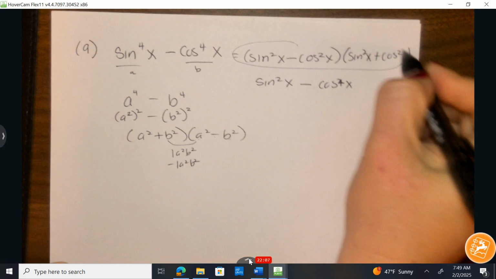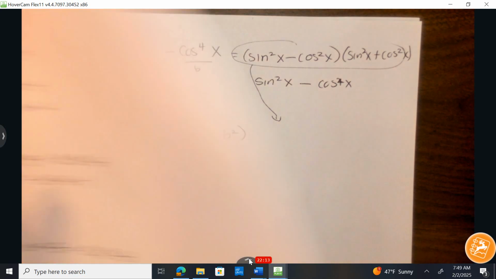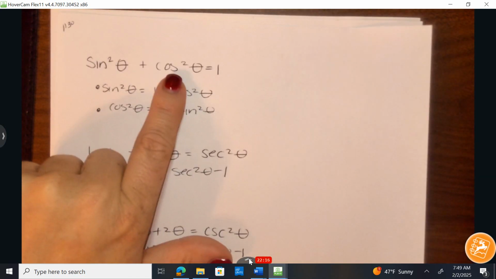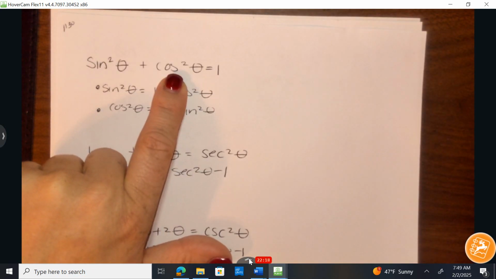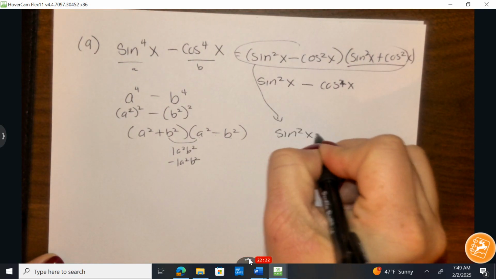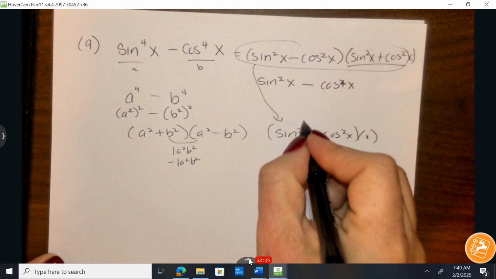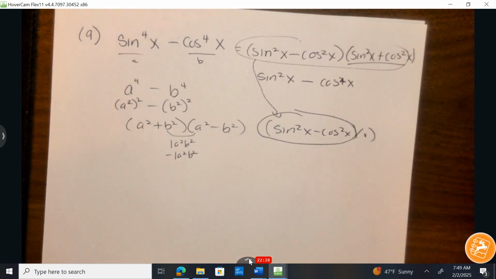So here's what I have right now, but I think I can go further. I recognize that sine squared x plus cosine squared x is the most familiar trig identity. So I can replace this quantity with 1. And multiplying by 1 doesn't change anything. So it's going to simplify to sine squared x minus cosine squared x. So let's look at number